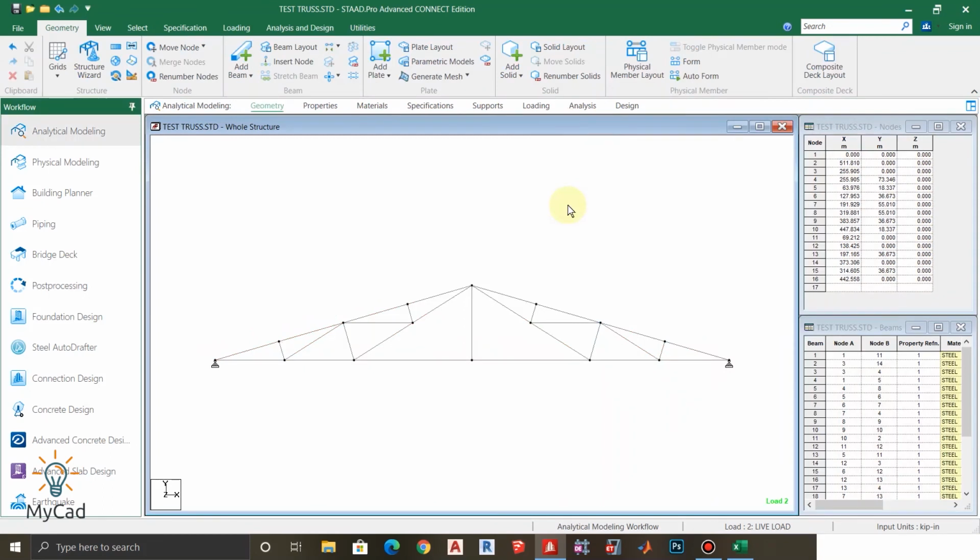And this is for today. In this video we have discussed creating load cases, load combinations, and assigning the loads. After that we learned about the analysis, defining the analysis command and how to do the analysis, how to get the axial force from the output file, and in the post processing we learned how to get the reactions and axial force in the form of one Excel sheet. We will be discussing some more about STAAD in our upcoming videos, and that's all for this video.